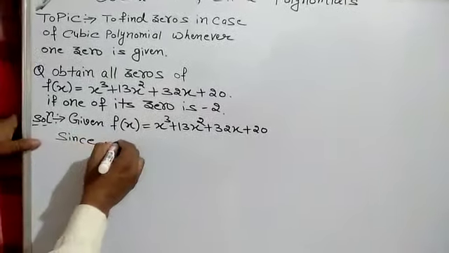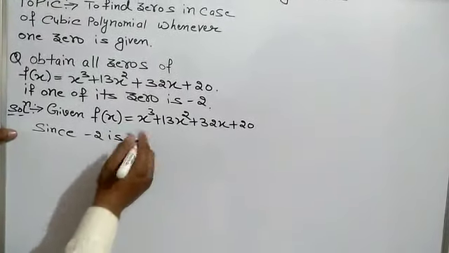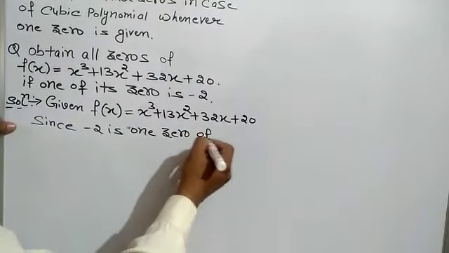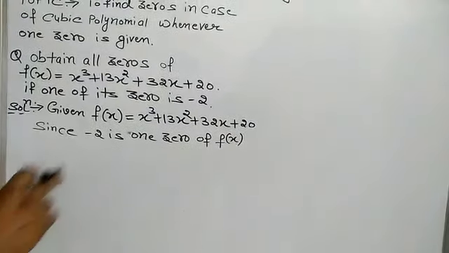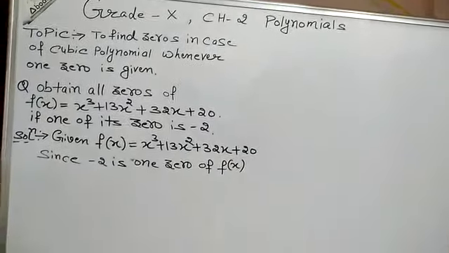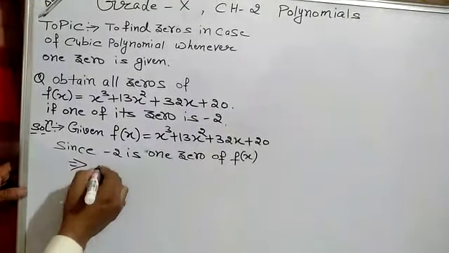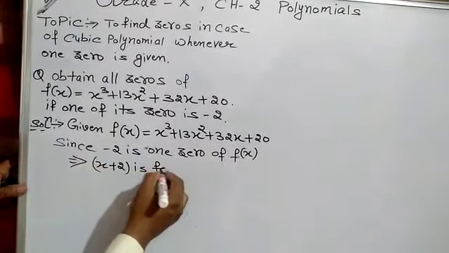Since minus 2 is one zero of the given polynomial, that is f of x, it implies x plus 2 is a factor of